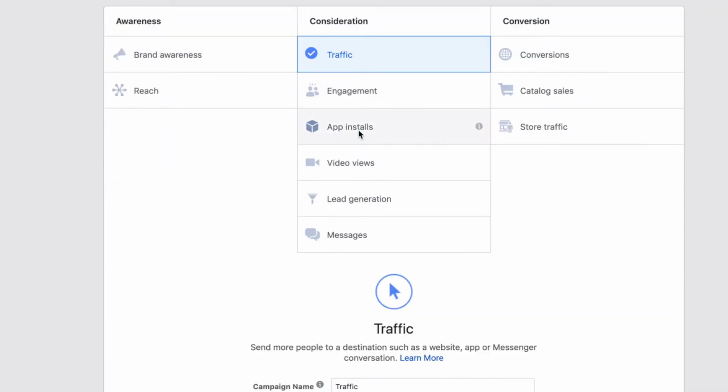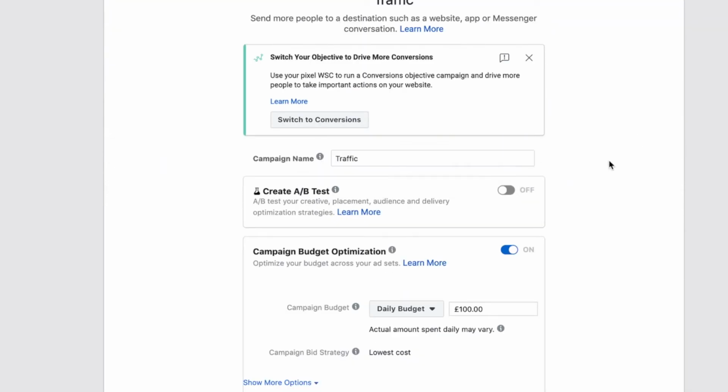So if we just choose traffic here, we can give it a campaign name. As you saw, mine was under Spotify traffic. And an A/B test would let us test multiple types of a post. I actually prefer to simply build a campaign and then build multiple different ad types in that campaign. But for starting out, start really simply and just have one single post that you're going to try.